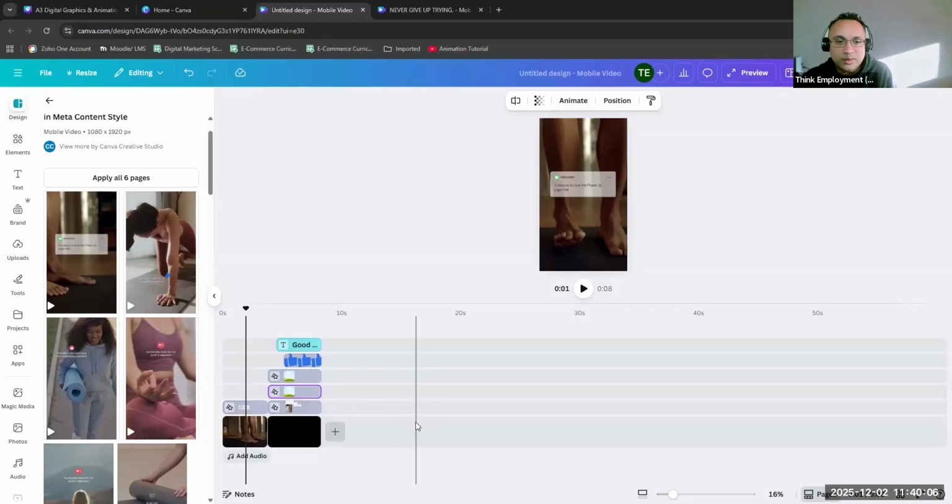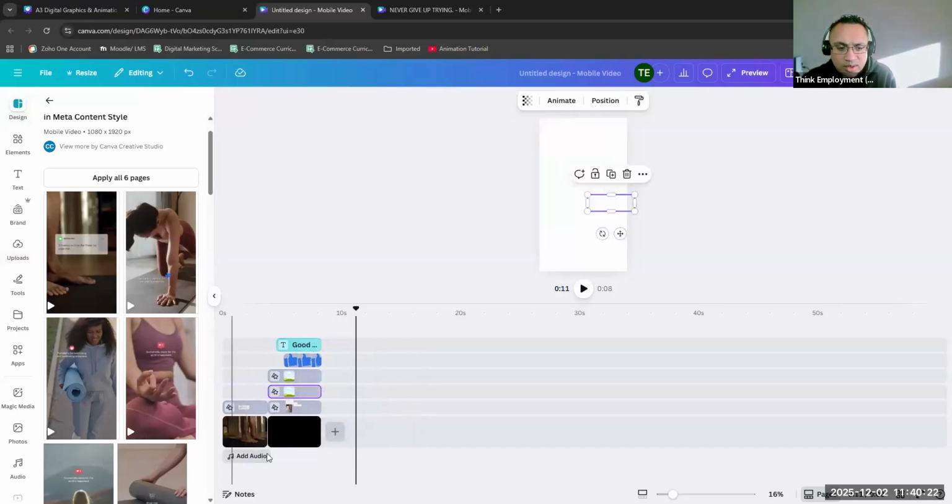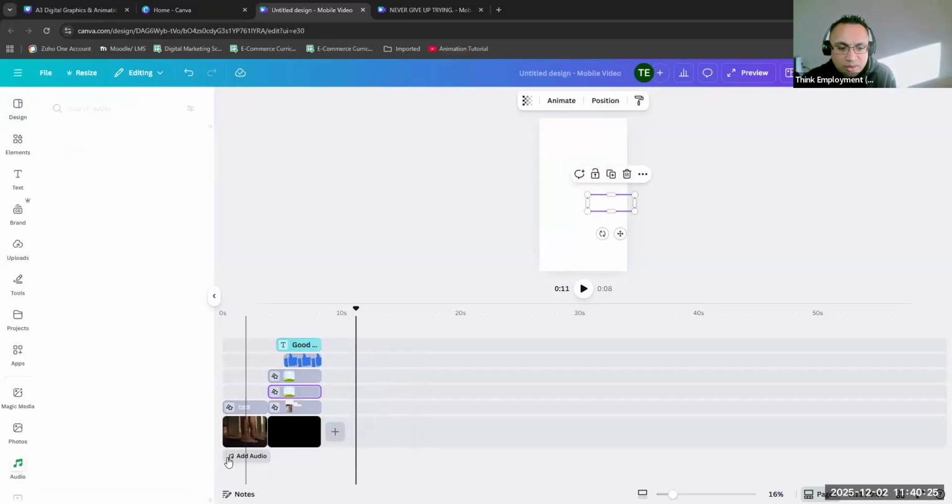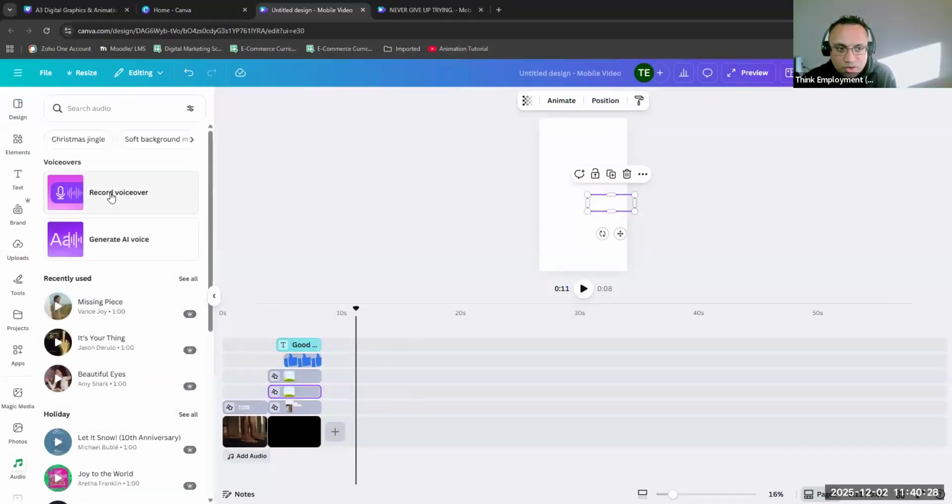Then you can customize that script so it actually works for you, and then you speak into a voice recorder on your phone. You download it as an MP3 onto your computer, and then you upload that audio. Okay, so go uploads, and audio will appear here. Or you can go add audio, and then record voiceover. Click on that, and then you can record directly from your computer. If you've got a mic connected, you can record directly as you're watching, and then you'll have your voiceover over the video, and then you just save or download. Okay,